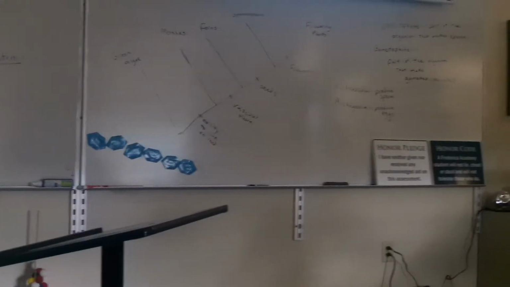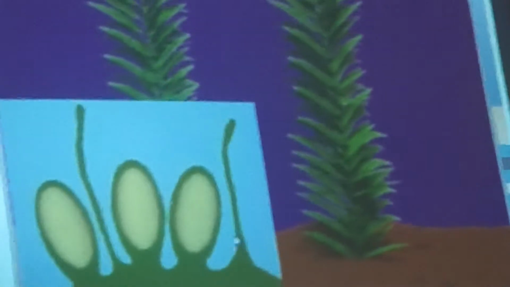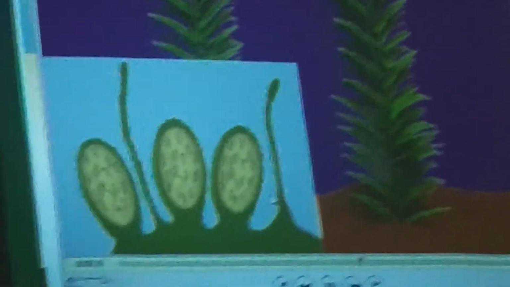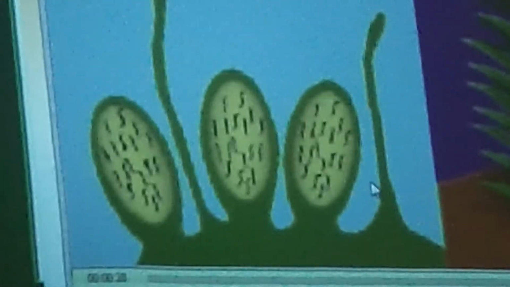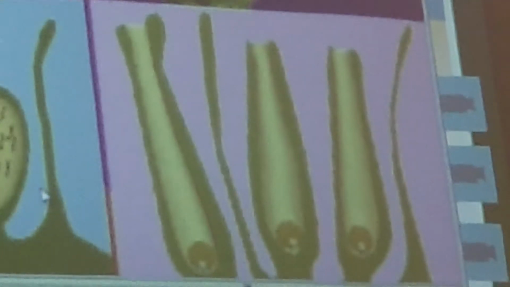Okay, we call that the gametophyte. That thing growing up is called the gametophyte. Now watch what happens with the gametophyte. The antheridium develops on the male gametophyte. Sperm form within the antheridium. The archegonium develops on the female gametophyte. An egg forms within the archegonium. Sperm are released from the antheridium and swim to the archegonium. Fertilization takes place inside the archegonium and a zygote is formed. The zygote divides by mitosis to form a new sporophyte in the form of a stalk and capsule.